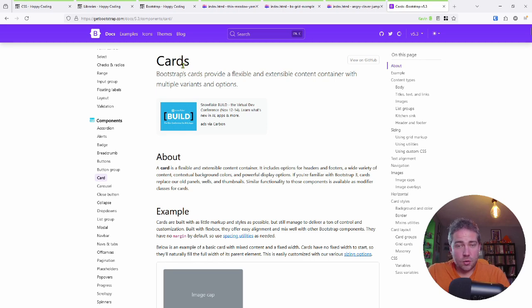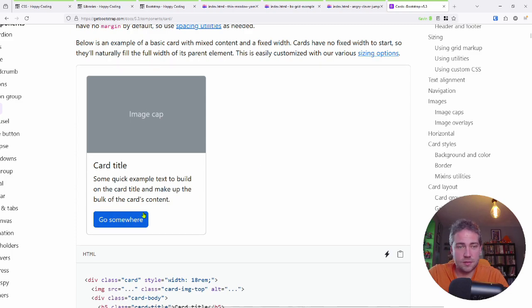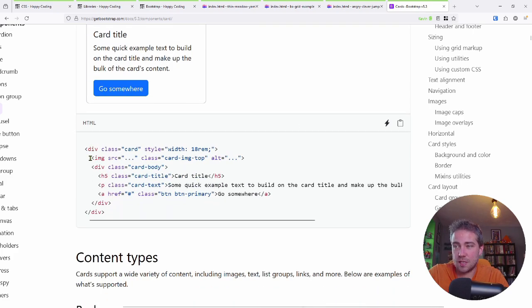So if I didn't know ahead of time what classes I need if I want to create that sort of card element, well, I would click on this, go to card. I would read through this page and look at their examples. So here's an example card, and sure, looks great. And then here's some example code. So div class equals card dash body, card title, card text, and